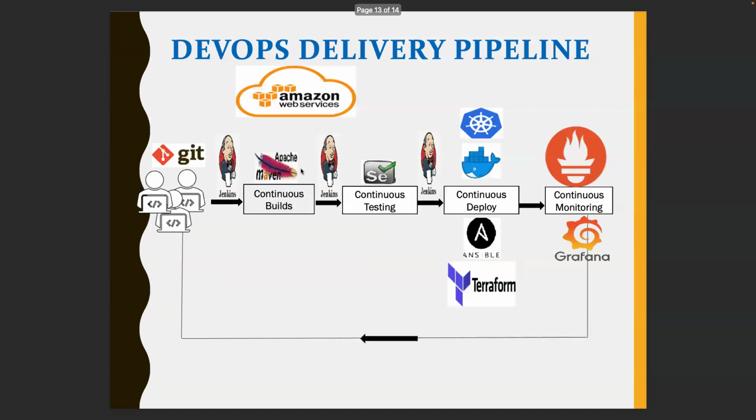Let me take you to, yes, this is the pipeline. This is the CI/CD pipeline, where you can see developers write the code and place it in Git. It's pulled by Jenkins, with continuous builds, continuous testing, continuous deployment using these different tools, continuous monitoring, and sending the feedback to different teams. And this can be implemented. This pipeline could be on-prem, on VMs or anywhere, or it could be on any cloud as well. For example, we'll be doing it on AWS.